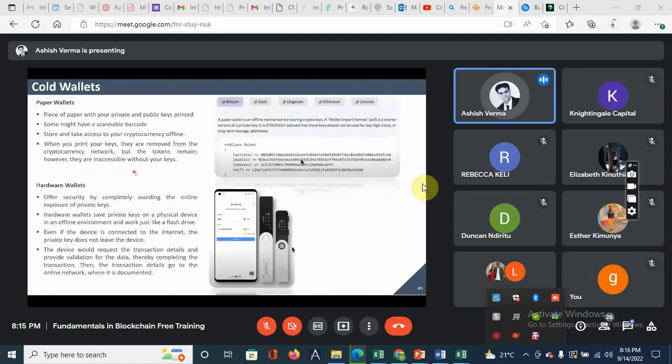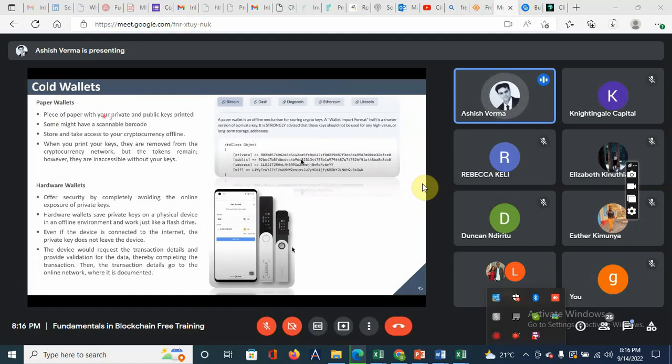Cold wallets. We have two types. One is called paper wallets. With paper wallets, you generally go to a particular website and generate something like this, and it gives you the information only one time. It gives you a private key, a public key, an address, and something called WIF. Once this key is created, it's recommended that you write it down or print it and keep it in a safe place, because these keys are only displayed once, and if you lose the key you will lose access to this wallet. So it's highly recommended for a paper wallet that whenever you generate it, you write it down or print it and keep it in a safe place.